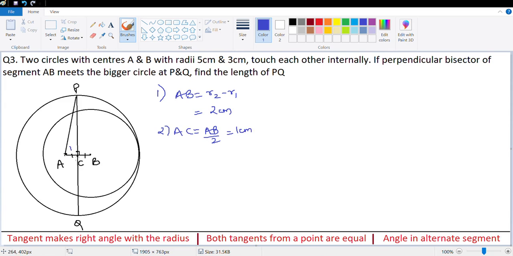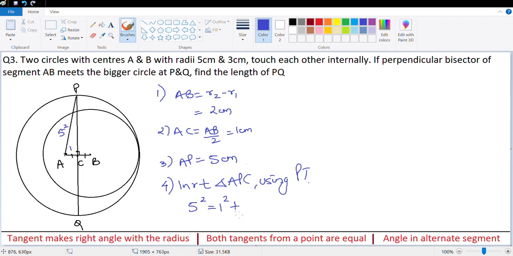So this is 1. And number 3, AP is the radius of the bigger circle, which means 5 centimeter. So in a right triangle ABC using Pythagoras theorem, what I get is 5 square is equal to 1 square plus CP square, which means CP is equal to the square root of 25 minus 1, which means CP is equal to square root of 24, which is 4 into 6, which is 2 root 6